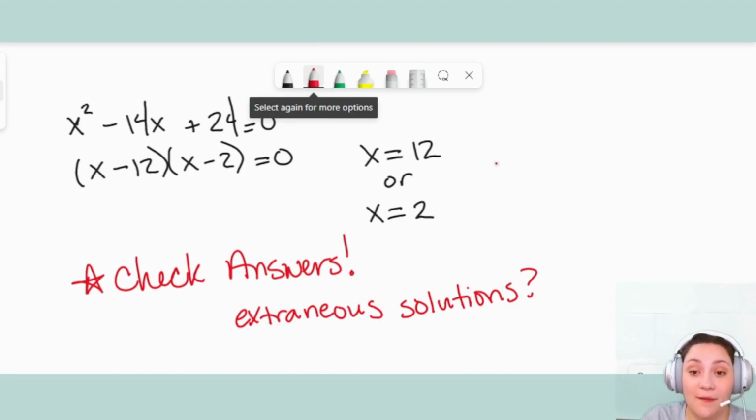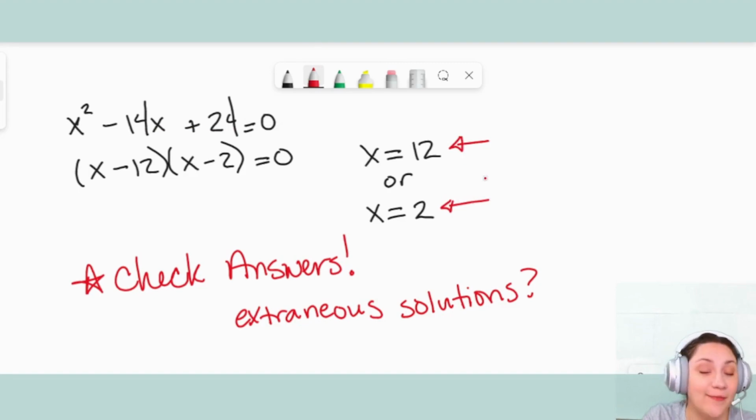We have to plug back in our answers, or answer if we only got one, however many answers we got, back into the original equation to make sure that they still make it work. And if